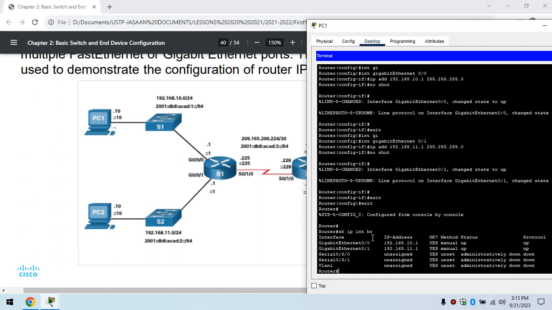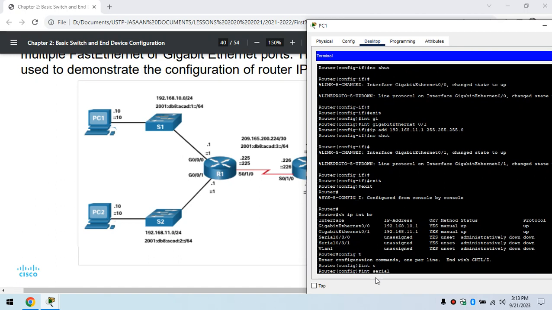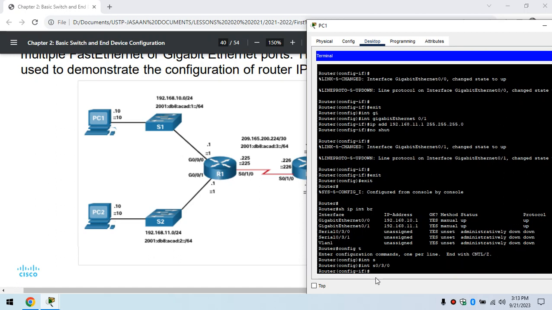So this is our port number, serial. So int serial 0/3/0. Okay, and then click enter, and then ip add